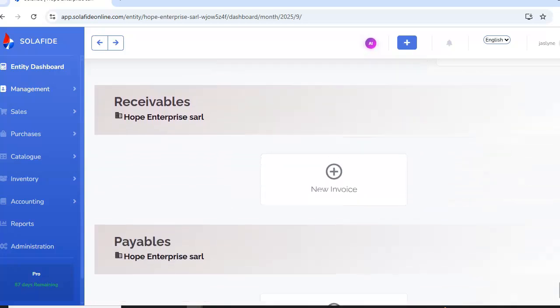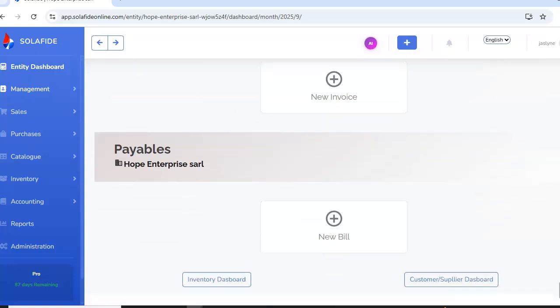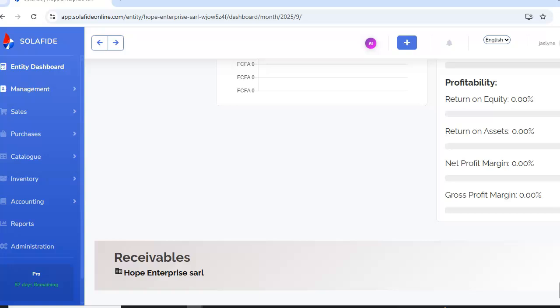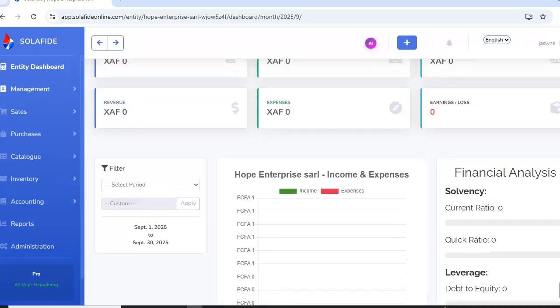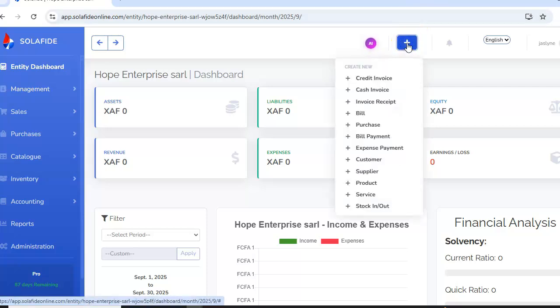And also from the dashboard, scrolling downward, you can also see your receivables and payables, those you're owing and those who are owing you. You can also see it from the dashboard. Very interesting, right? Yes. And also on this button you can see if you want to create credit invoice, cash